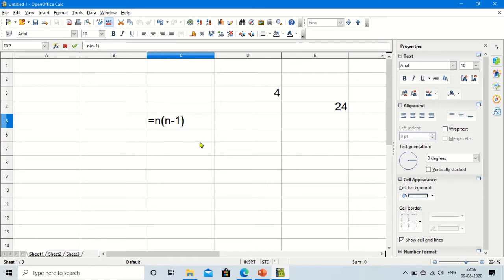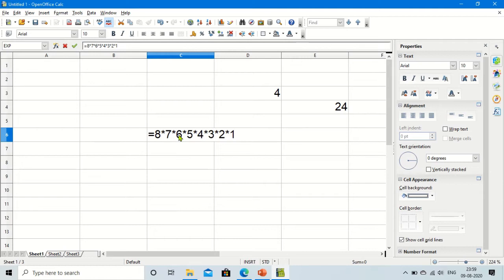And what does this n minus 1 mean? Let me give an example. Suppose n is equal to 4, then 4 into 4 minus 1, and that is the symbol of factorial. So how is this going to be calculated? I repeat, suppose you want to calculate the factorial of 8, so how to get it? We have to write it like this: 8 into 7 into 6 into 5 into 4 into 3 into 2 into 1. I hope you got the meaning of factorial.